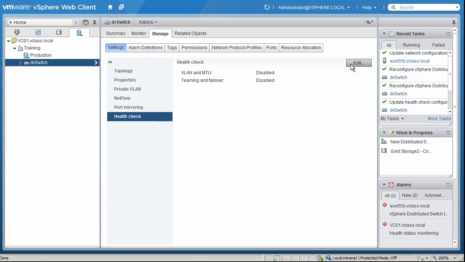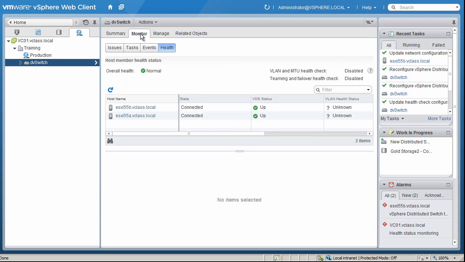So what I'm going to do is click on edit, but before I do, I want to show you what's going to change. Okay, so I'm going to go up here to the top, and I'm going to click on the Monitor tab, and on the Health tab, and you notice the overall health is normal, but I'm not checking anything that has to do with VLAN and MTU or teaming and failover. So now I'm going to go back to the Manage link,